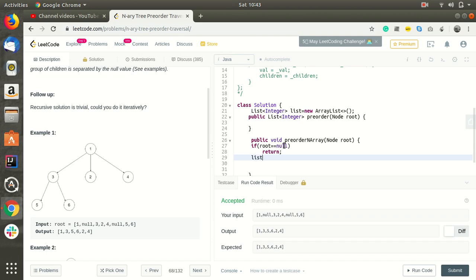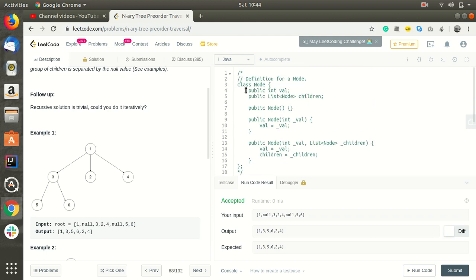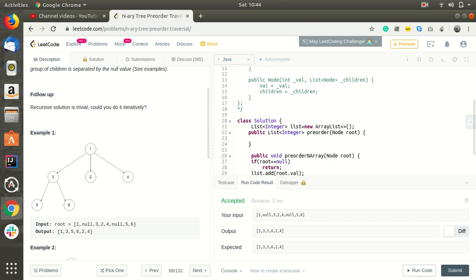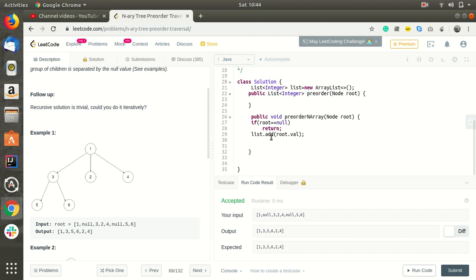Else what we can do is list.add(root.val). If you see the structure, val is the value of the node and it has a list of children. So node.val will be the value of that node, and node.children will give us a list of its children. So again we can iterate like this.